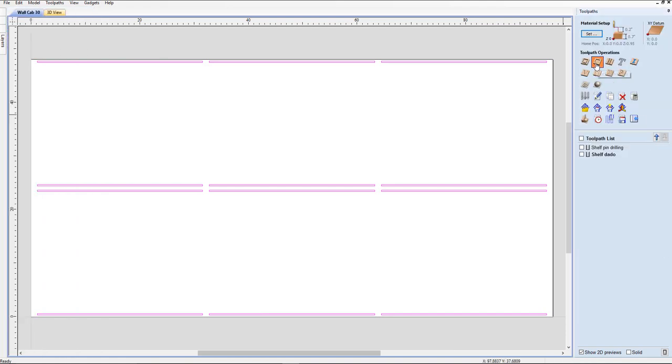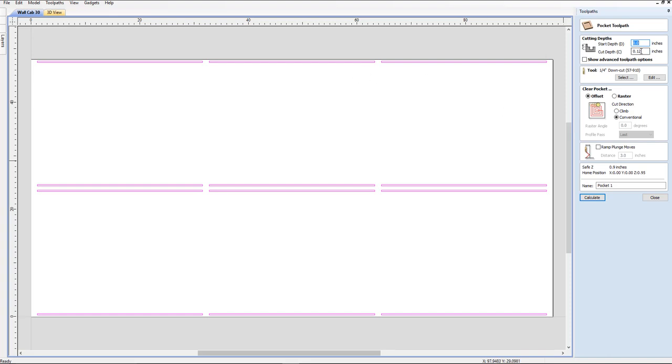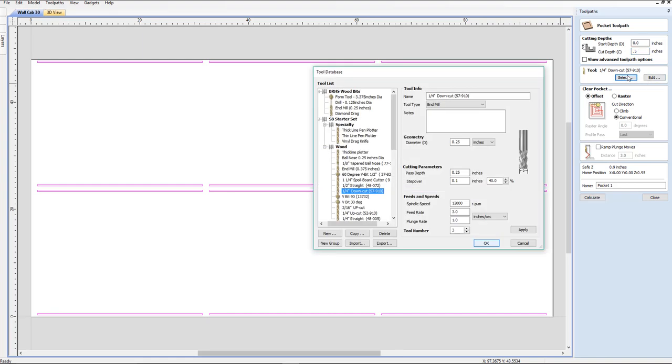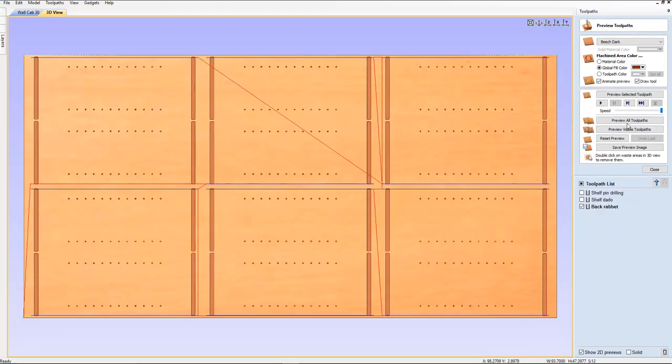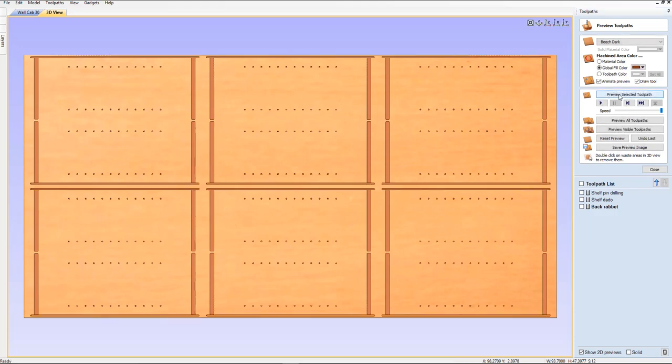Close this, and now we're going to go again back into pocket, and this time we're going to go to 0.5 because we want enough gluing area and stapling area to staple that 1/4 inch backing sheet on there. We'll select our tool, and notice the changes we made are right there, so all we have to do is click OK. We're going to put back rabbet, and we're going to select everything by a rectangle around that and calculate, and then we'll preview selected toolpath,